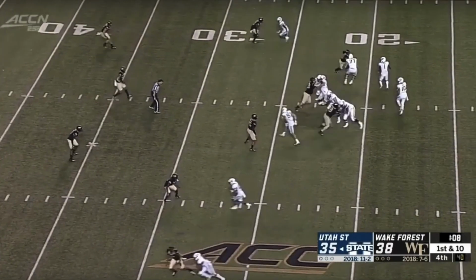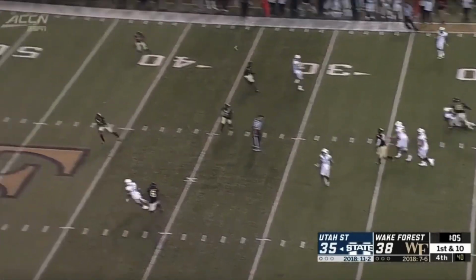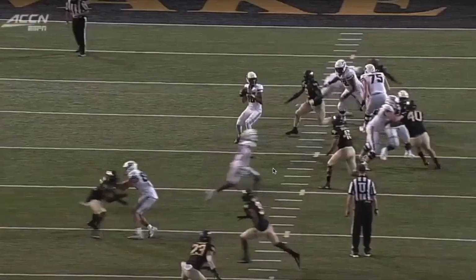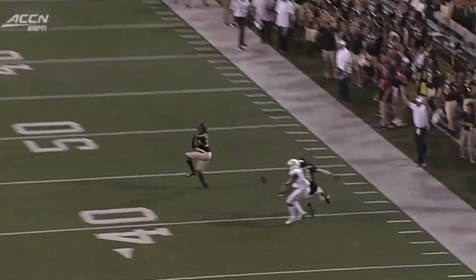And what he's going to do here is he's got pressure. He's able to climb up the pocket, but he's immediately looking across the field. Okay? He's got his running back here. He's even got some running lane that he can maybe get 10, 15 yards right here. But instead, and he does get hit by this defender, he just throws the ball up, and what should have been an interception. That ball was badly underthrown, and the safety read him staring that down and should have made that